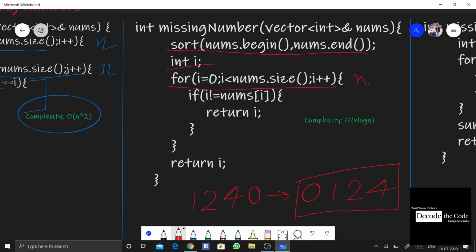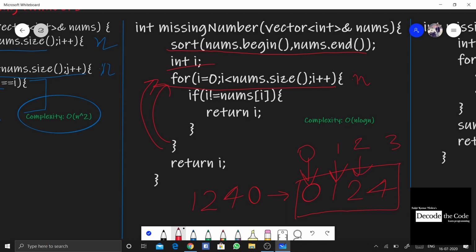And we are going to check if I is not equals to nums of I. I is going to start with 0, right? So we are going to check, is 0 equals to 0? Yes, we see that 0 is equal to this, so nothing is going to happen. I is going to get incremented. I will work for 1. Then again we check, is 1 equal to 1, because nums of 1, the element at index 1, is also 1, right? So again nothing will happen. Again we'll go for I equals to 2. So again 2 is checked with 2, no.